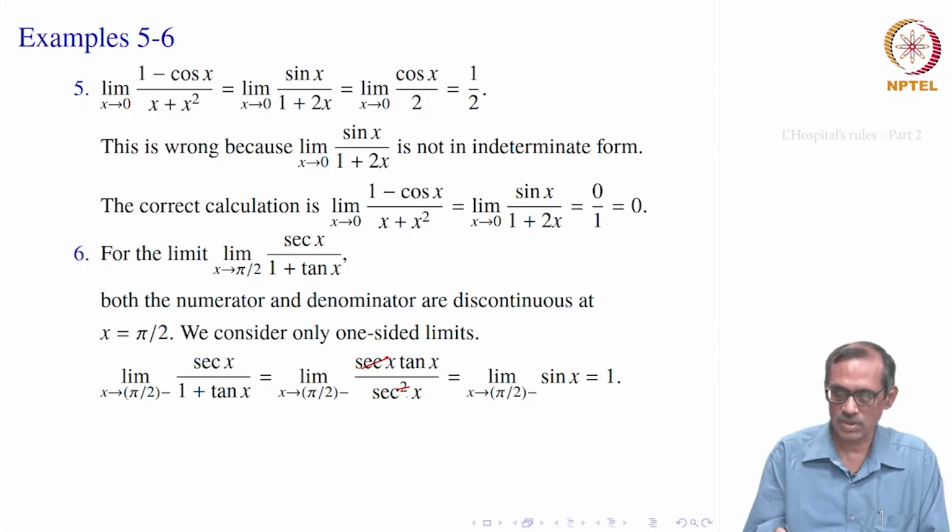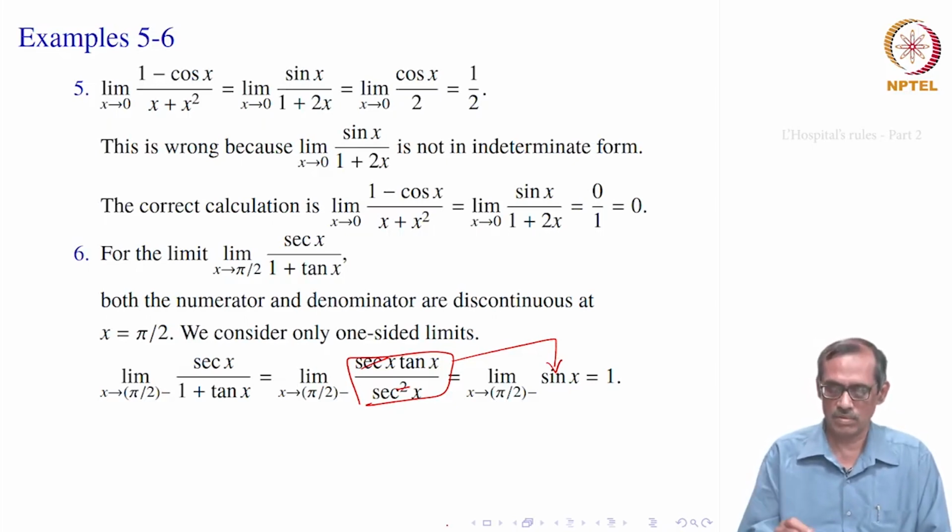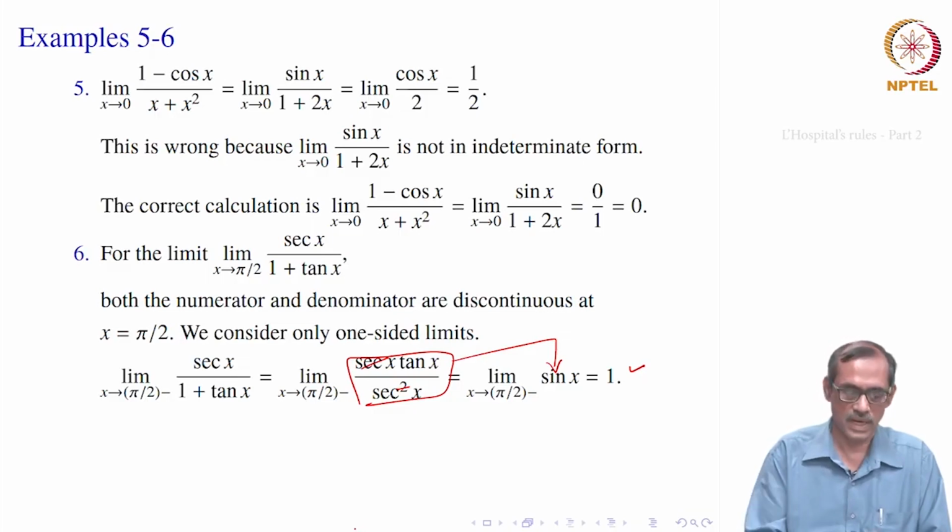We have now tan x by secant x, which is sin x by cos x into sec x, and cos x and sec x becomes 1. So, this whole thing is equal to sin x. We do not have to apply L'Hopital's rule blindly again, because it simplifies. So, it simplifies to sin x. Therefore, when x goes to pi by 2 minus, it will be sin x as x goes to pi by 2 minus, which is 1, all right.